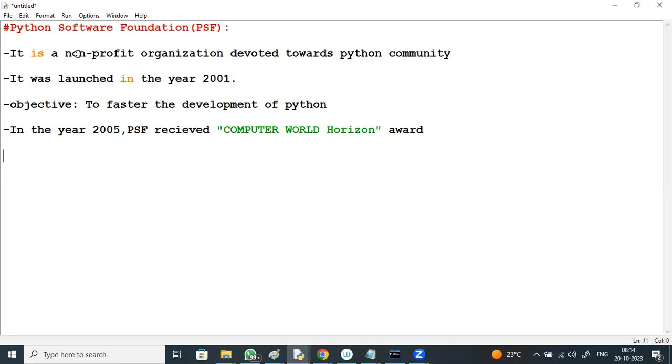The president of this PSF is Guido van Rossum.